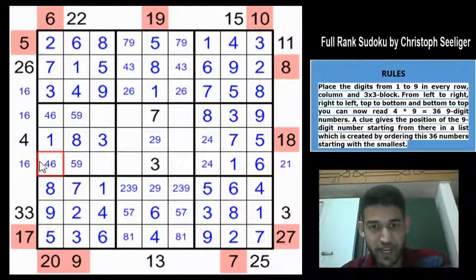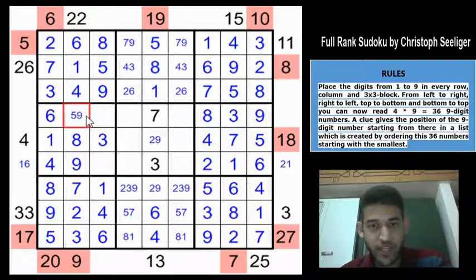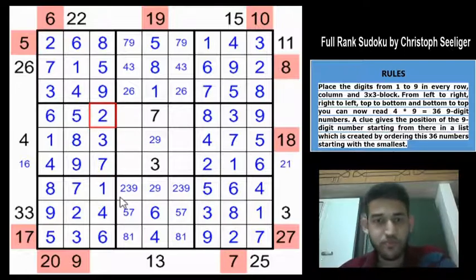Because of the 6, we get a 4 here and 6 here. This 4 gives a 4 here and a 2 here. And this 4, we know that for the 16 clue, it must be greater than 15. So 4 must have a 9 here. This must be a 9, and which means this must be your 16 clue, and that gives a 5 here. And this must be 2, 7, right? 7 is here, so this is a 7, and this must be 2.